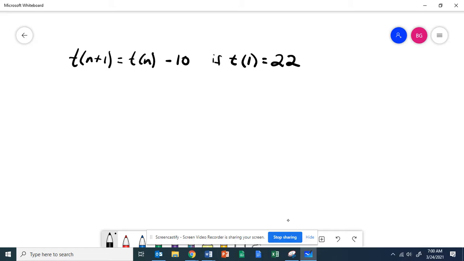Okay, so the nice thing about this is when you're given a recursive equation, they have to give you at least one of the numbers in the sequence. So we know t of 1 equals 22, which we know 1 is our n value, that's the first number in the sequence. So if I'm trying to say find the first four terms,